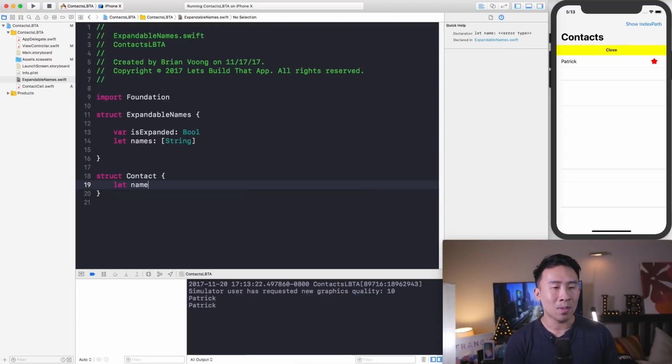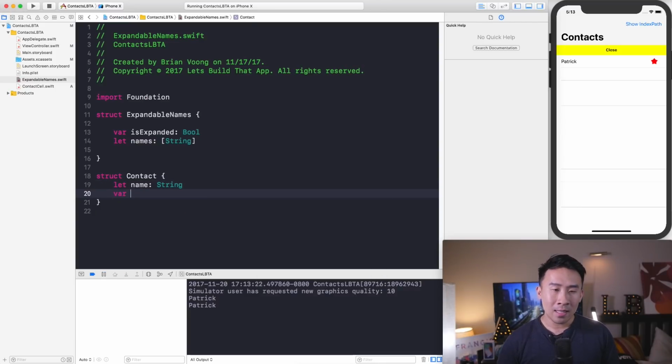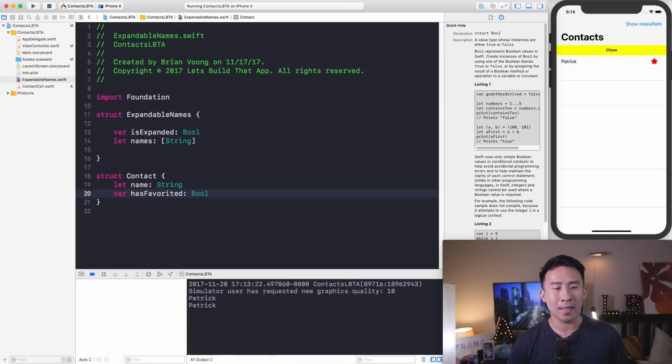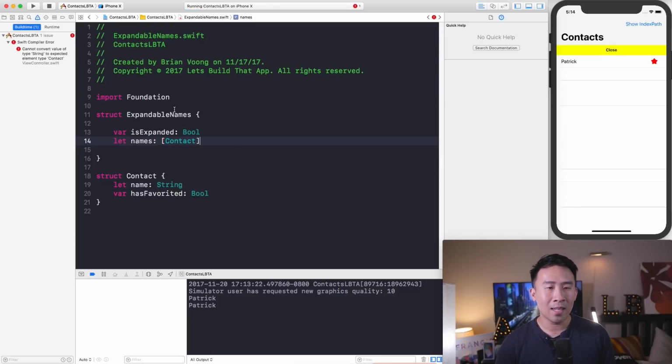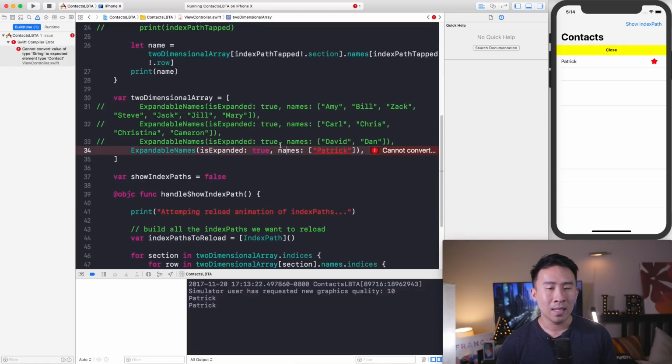And this will have some kind of name as a string. And in addition to the name, we will say has favorited and let it be of type Boolean like that. And with this contact class, I want to replace the names array with an array of contacts instead. So you can try to build this, and with this modification, our code has to be corrected in a lot